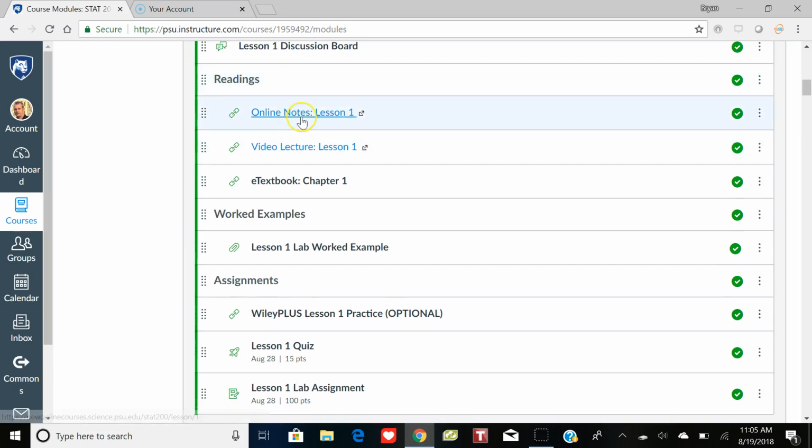Readings each week, online notes. Probably the best feature in my opinion of this course is the online notes created by Penn State. Each and every week we have the online notes for the specific content in our course, and additionally we have a lot of videos embedded to help you use the technology and to apply the technology. I'll say this again in the course, but it is very unlikely that you're ever asked to do anything on a lab or a quiz assessment without it being documented quite well somewhere in these online notes.